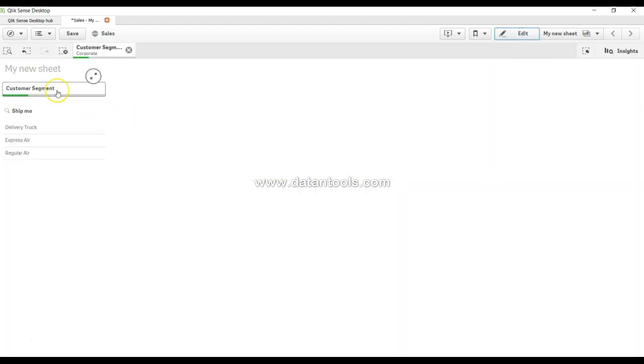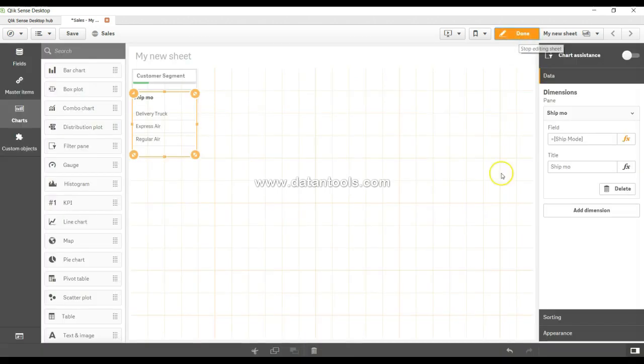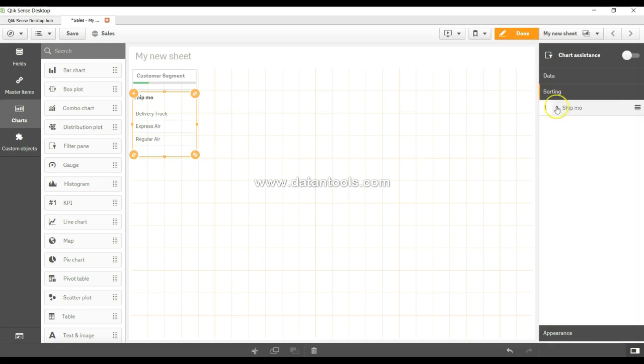So in this case, customer segment is not showing any value because we have dragged it up till here, but for ship mode you can see we are showing all of the values. So these are some of the properties that you can actually have with your list box, or I keep saying list box because I had used it in QlikView, but these are just the filter pane in the new Qlik Sense. So edit is here,